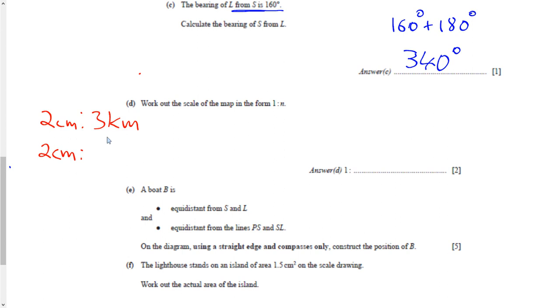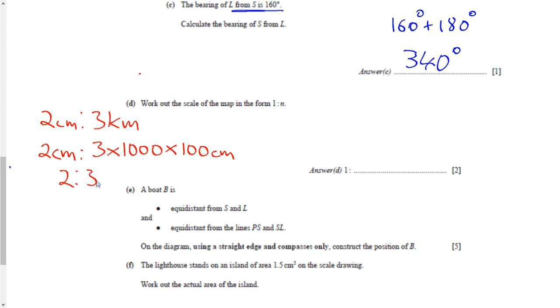Well, I know that there are 1,000 meters in a kilometre, and I also know that there are 100 centimeters in a metre. So 2 centimeters, so now we're both in centimeters, is equal to